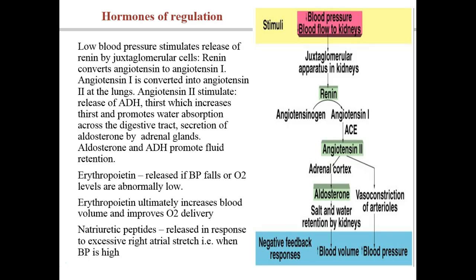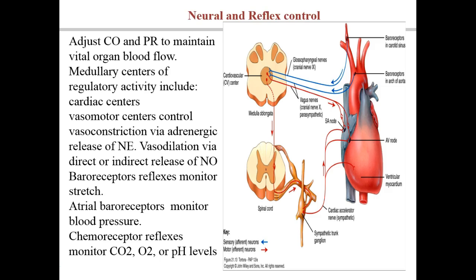And then you have a nice flow chart here in case you've forgotten how that renin, angiotensin, aldosterone interplay between those chemicals. In terms of neural reflex, you have carbon dioxide and peripheral resistance maintained. So peripheral resistance, the reason we're talking about that is vasomotor tone, so neural mechanisms. And the neural mechanisms, so we call them the cardiovascular centers, are located in the medulla oblongata.